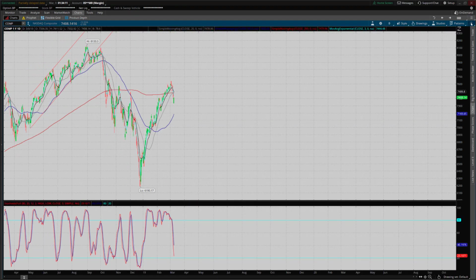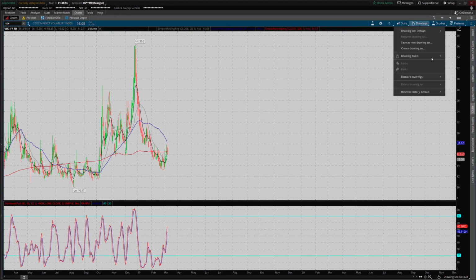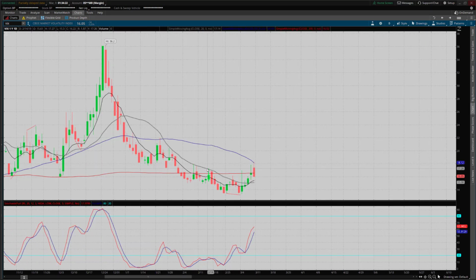Okay, now we'll go to the VIX. The VIX has finally come back from its depressed conditions there. You can see the VIX has at least started shifting the immediate trend back to the upward direction. So we broke above this initial resistance level I was looking at here on the VIX, and that was 16.17. So we got spiked above there, of course closed down, but now we've been trending up, and intraday today we got 18.33, so that's a nice little high on the VIX. Rejected intraday and closed at just over 16.05,